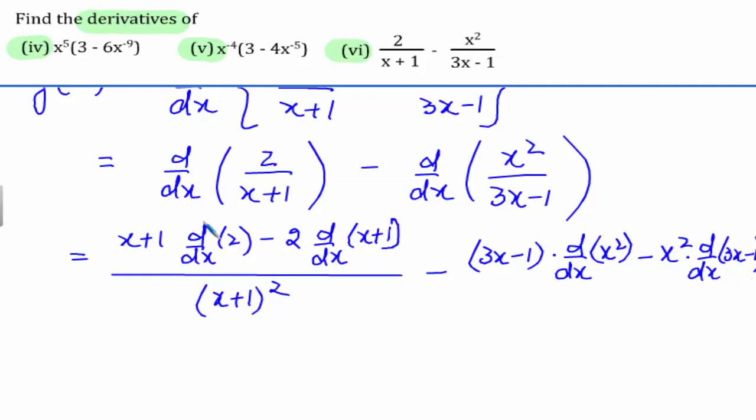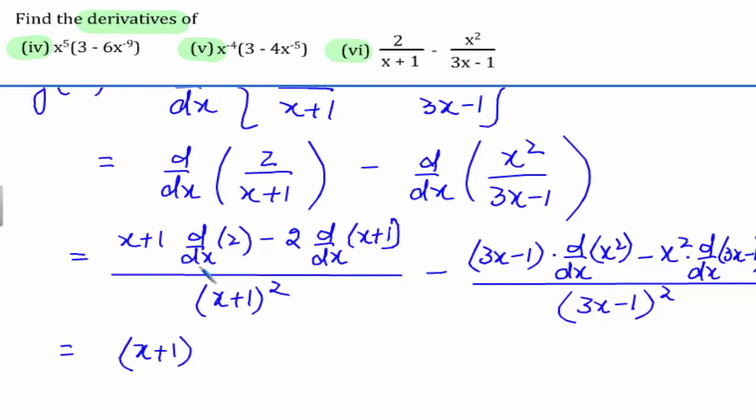Now this is further equal to x plus 1, and derivative of constant function with respect to x is 0, minus 2 times derivative of x plus 1, which is 1 plus 0. Since derivative of x with respect to x is 1 and derivative of 1 with respect to x is 0, whole divided by x plus 1 whole square